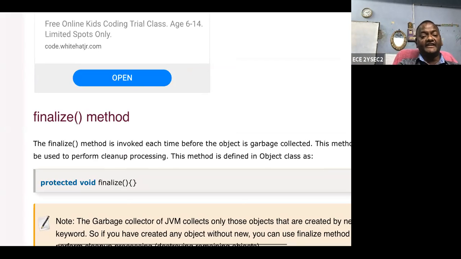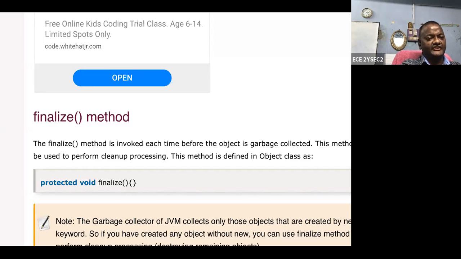Finalizing is in your syllabus. Finalize is a method to clear the garbage memory location, or the unreferenced object memories, so it performs the garbage collection.